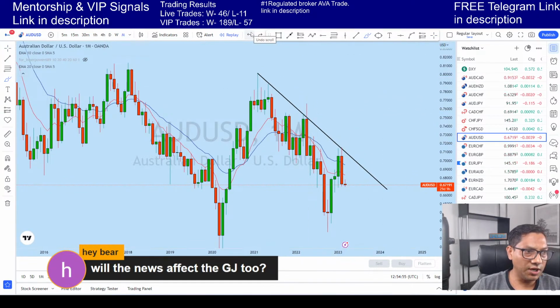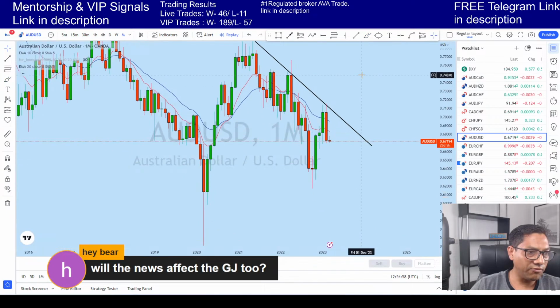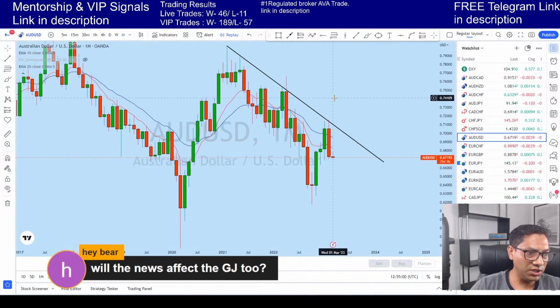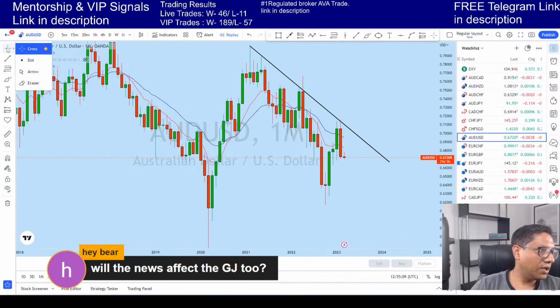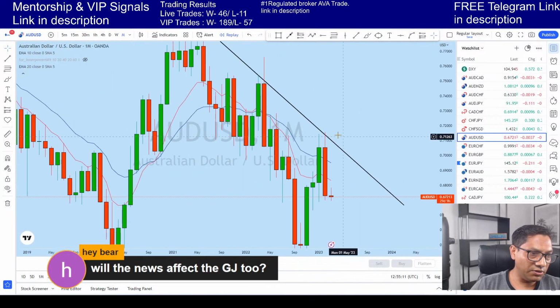Okay, so historically bearish market, and from that resistance we have seen AUD USD form this monthly bearish engulfer now, which is a very, very important candlestick pattern. And I love trading the bearish engulfer. And with that bearish engulfer, there are two important factors to look at.